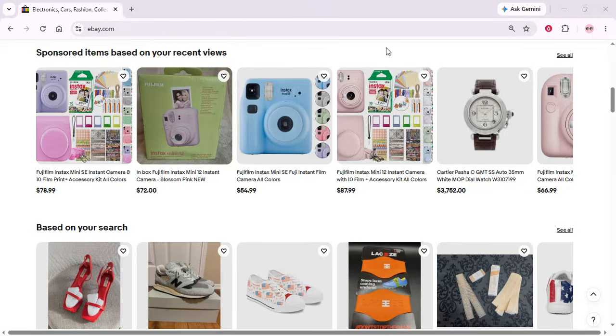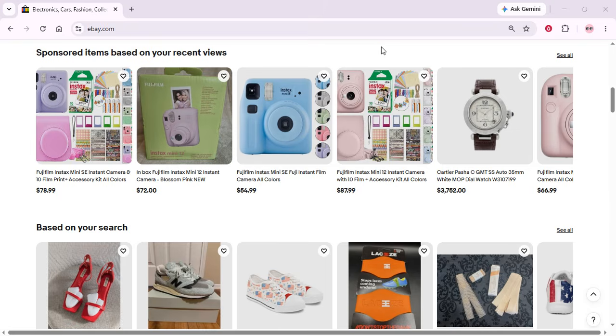This quick guide will teach you how to hide eBay sold listings. If you're an eBay seller looking to streamline your storefront or maintain a cleaner display of your available items, this tutorial is just for you. We'll walk through the steps to keep your sold listings out of sight, making your eBay selling experience more efficient